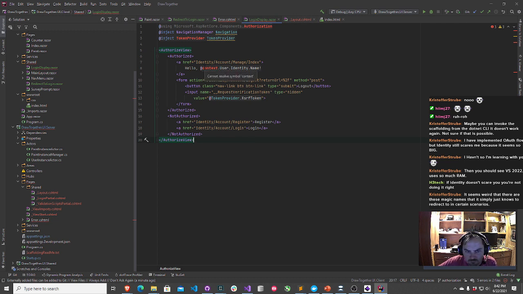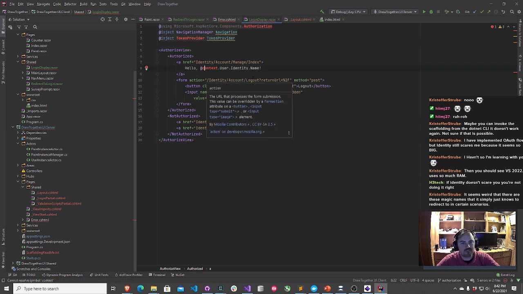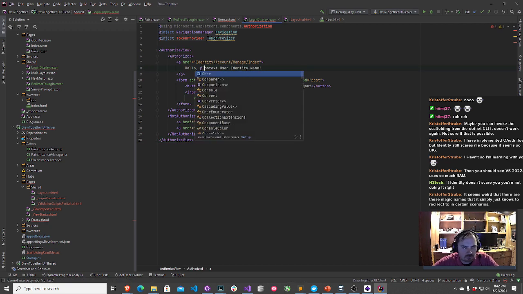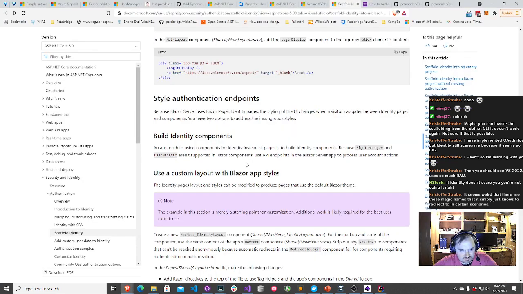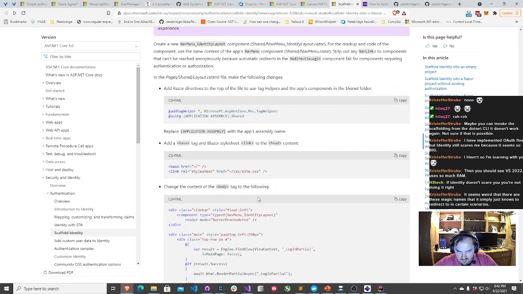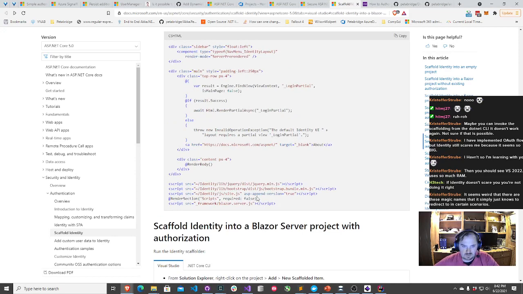Cannot resolve simple context. So that's no good. Where is this token provider supposed to come from? Where's any of this stuff supposed to come from? Oh, goodness gracious. Okay.